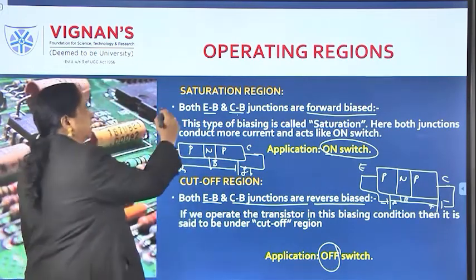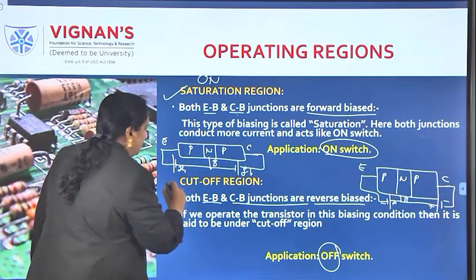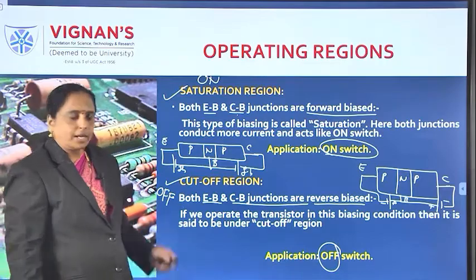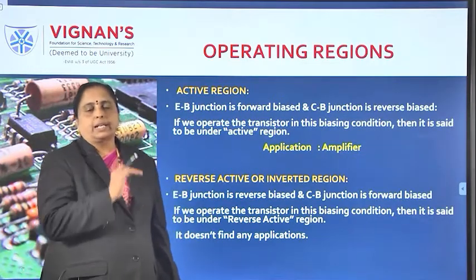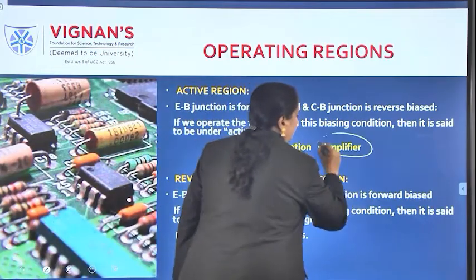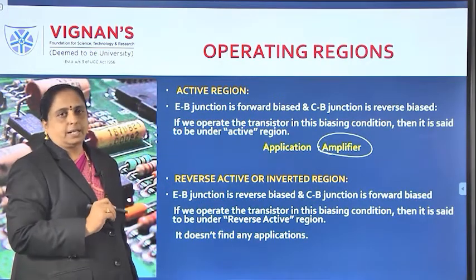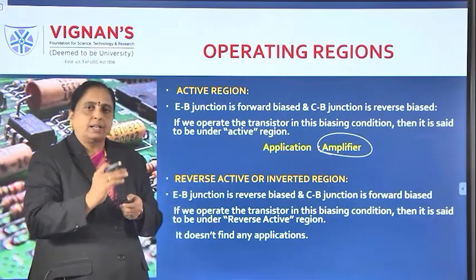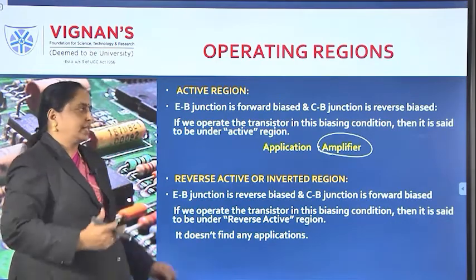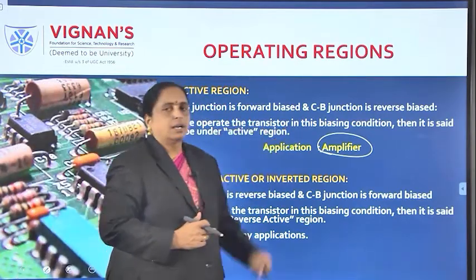So like that, in the saturation region we can use BJT as an on switch, and in the cutoff region it is treated as an off condition. Then the most important operating region in BJT is the active region, where you can expect amplification. Amplification means raising the strength of a weak signal. So how is the magnitude of a weak signal amplified if you connect BJT with a forward biased emitter junction and a reverse biased collector junction?